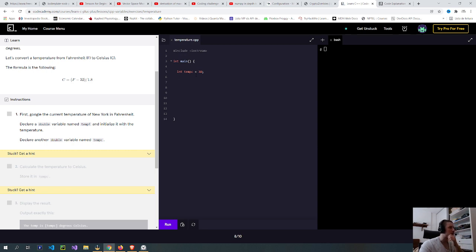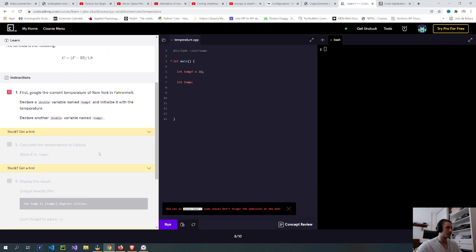First, Google the current temperature of New York in Fahrenheit. Declare a double variable named tempf. Initialize it with the temperature. Declare another double variable named tempc. I forgot this.